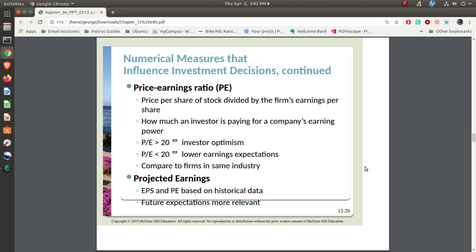And what you want to do is not just look at the PE ratio for any company. You have to look at firms within the same industry, because the earnings per share for the various industries are going to be relatively the same. There are some industries that have high returns. For example, companies like Apple, that are into phones and things like that, are going to have a much higher return. Pharmaceuticals are going to have a much higher return than, say, retail, like a Walmart. So you have to compare these ratios to companies in that same industry.